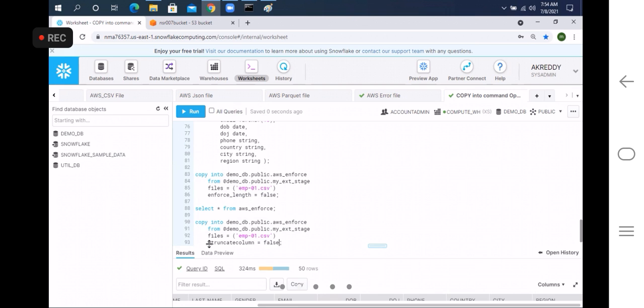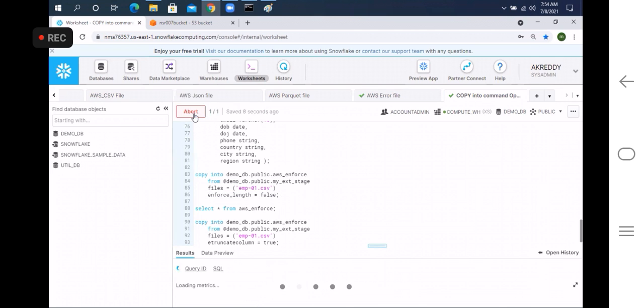The only difference is that TRUNCATECOLUMNS is false by default, and ENFORCE_LENGTH is true by default. That's it. Okay, so if I execute this copy command, if I run it,